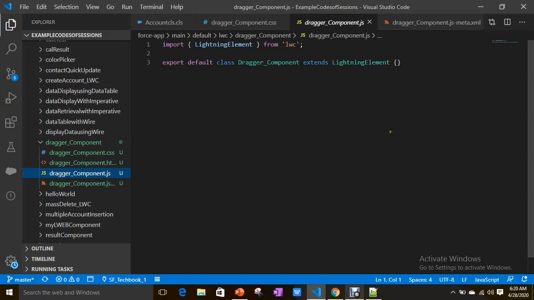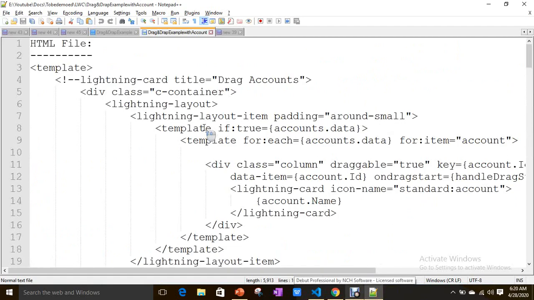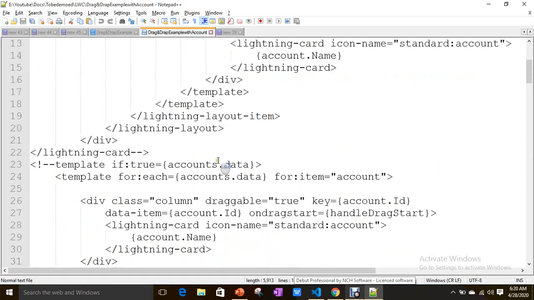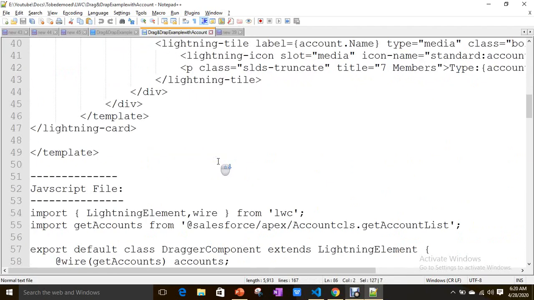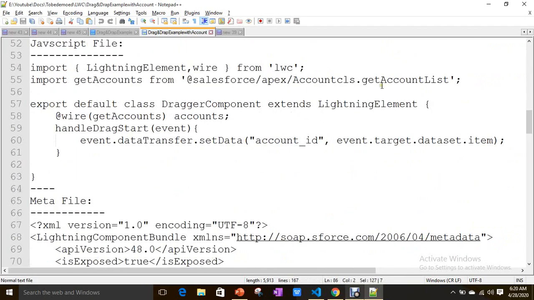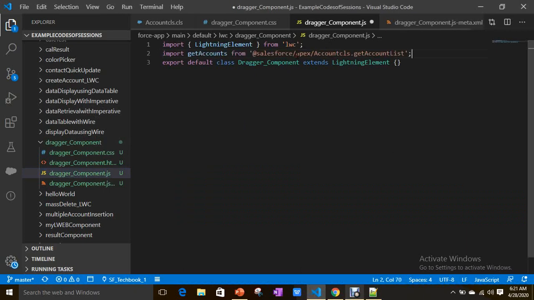Now I am going to include code. First thing is I have to import the accounts method, right? By using an import statement from the Account class.